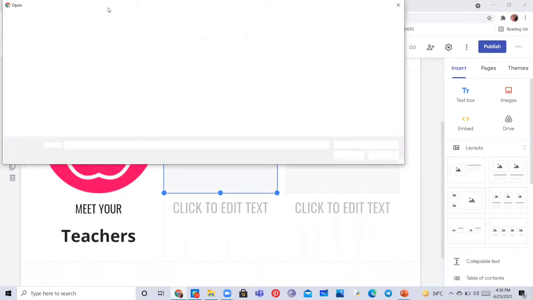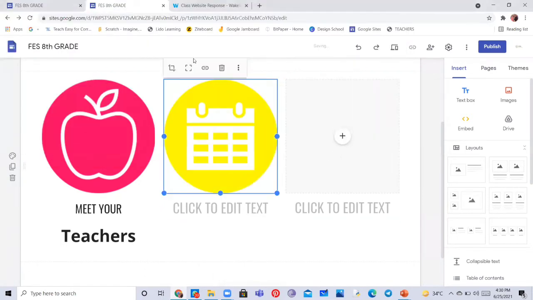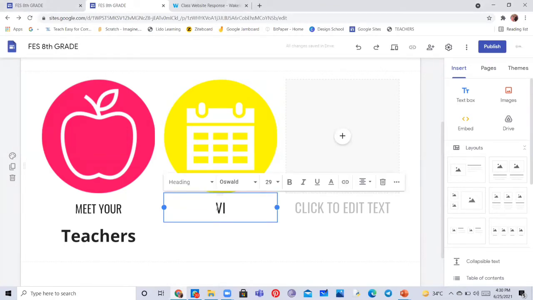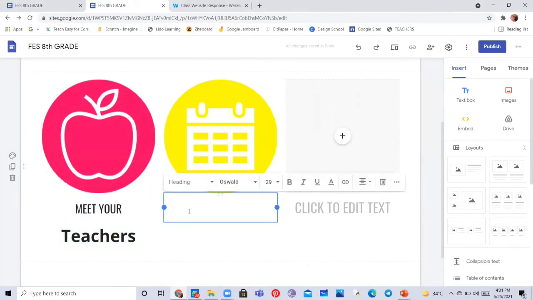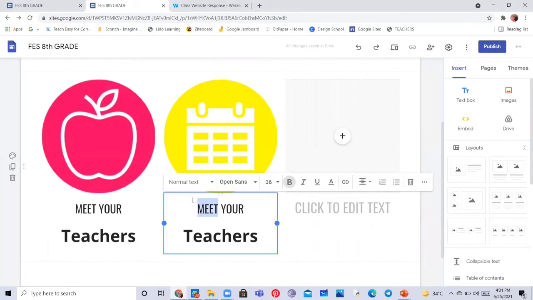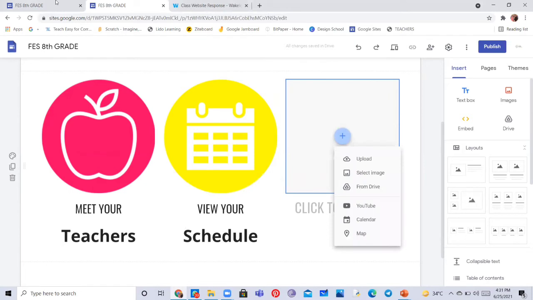So we are going to create a few pages and sub pages and discuss these in detail, like meet your teachers, view your schedule, and everything we are going to see in detail as well. So again, we are going to uncrop it, and I'm just going to copy this text so that I can have the same size. Then view your schedule. And the third icon would be